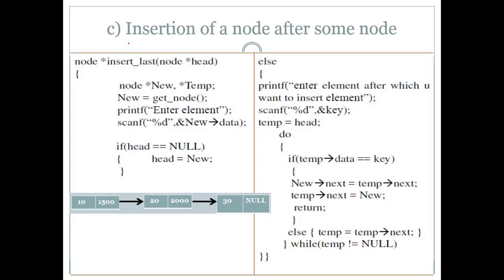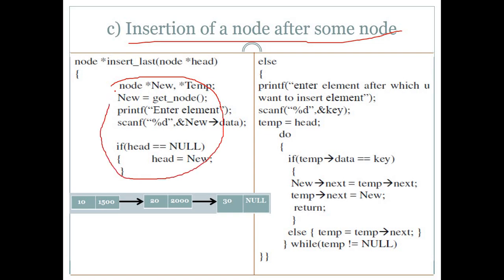Okay, now insertion of a node after some node. If we want to add our node after some specific node, then we will process the same way if we do not have any value in our linked list. But if we have some values in the linked list and want to add data after some specific node, then we will take a specific value from the user, meaning after which node we are going to add the node. After that we are giving temp at that node,